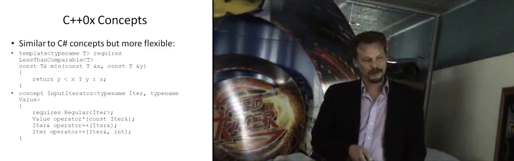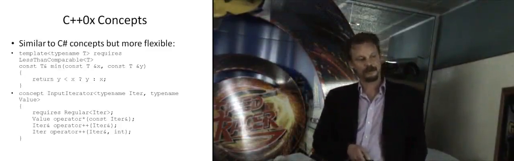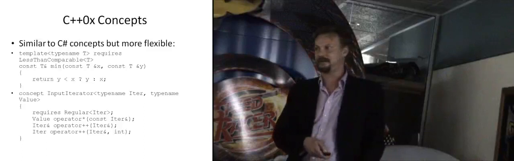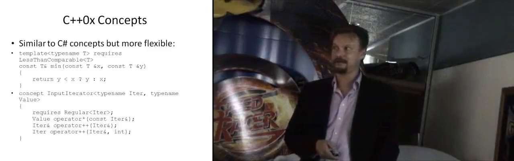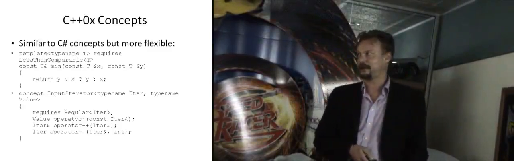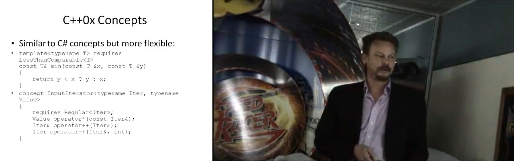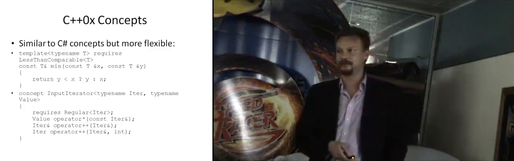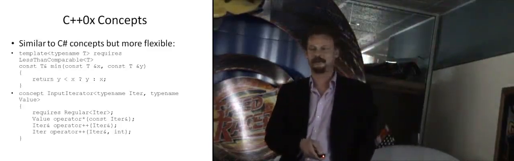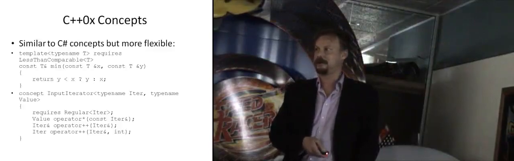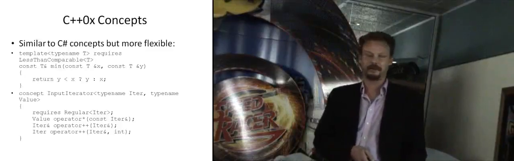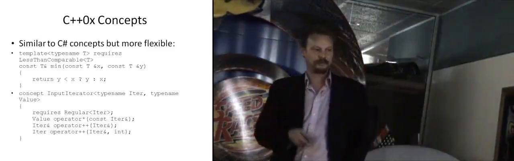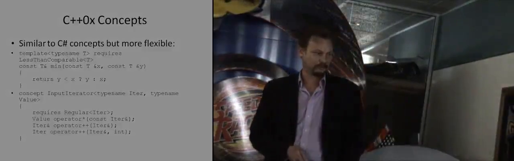Isn't it funny how things just stay there once they're there? This whole operator++(int) to specify a postfix increment as opposed to a prefix, which is operator++. What a hack that was. History strikes. And now it's already here in C++0x, it's still here. This is the comma int, which is just a magic, it could be comma spam. It's nothing to do with integers or int, it's just this placeholder to say that this is the ++ postfix and that's the prefix. So it's now pushed into C++0x as well.